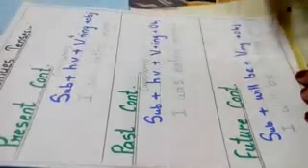Simple present continuous tense, I am eating mango. Past continuous tense, I was eating mango. Future continuous tense, I will be eating mango. Now,